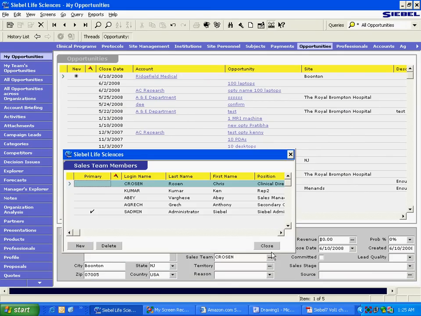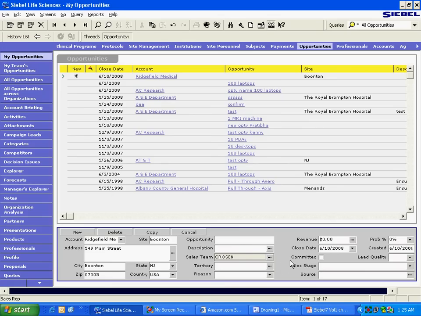Now what will happen is all these people will be able to see this account in their My Account view. Making sense? It is basically assigned to them. If there is any other process that they should get a prompt, they should get an email when something gets assigned to them, all these things will work now. It is now assigned to them.